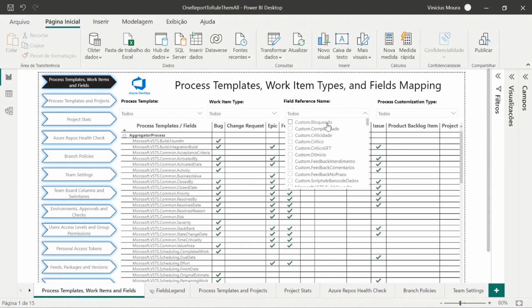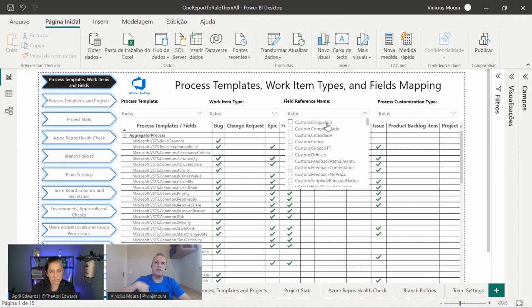If I created a blocked field on any work item or any customization process template, I don't know. I need to verify all customizations, all templates, all work items. It's very difficult manually. But in this report example, I created this field, custom critical.